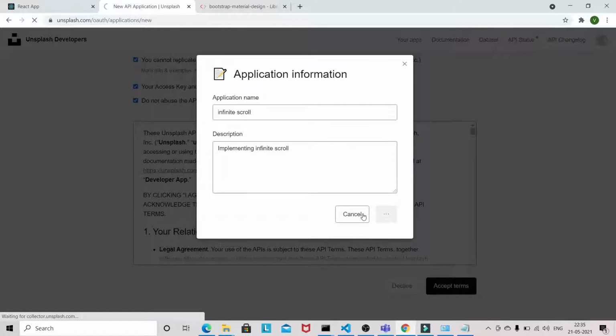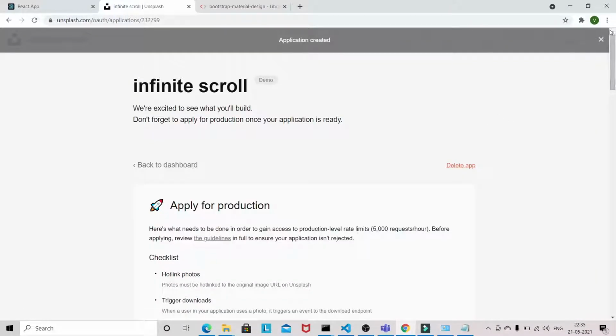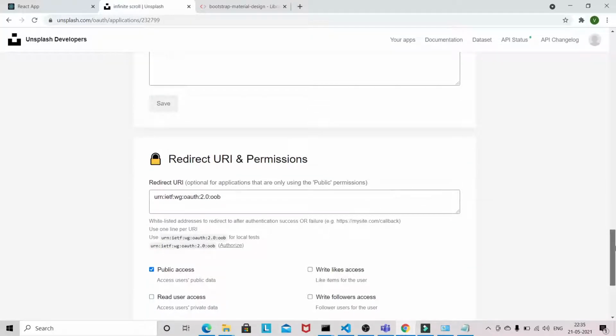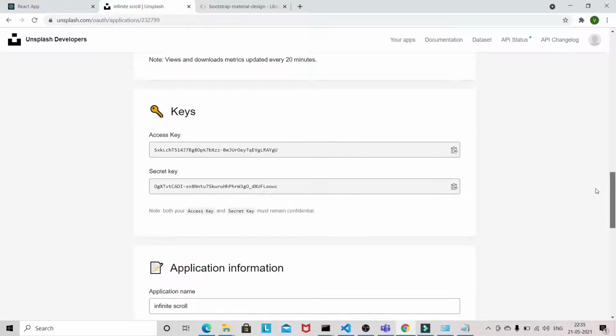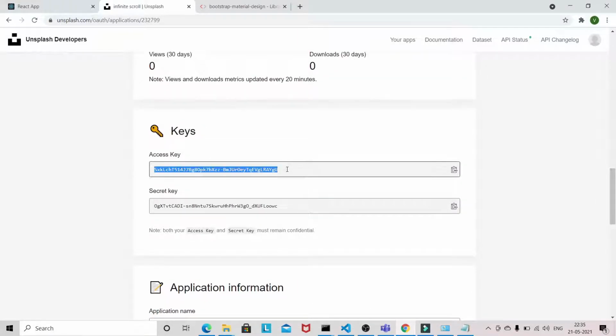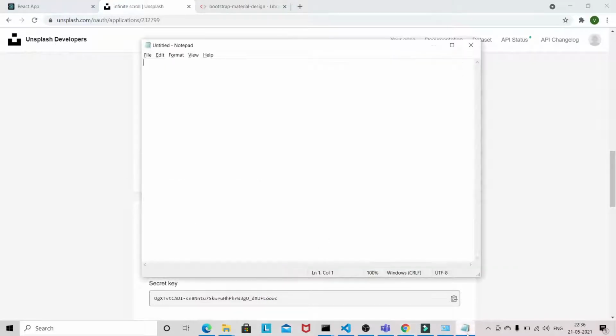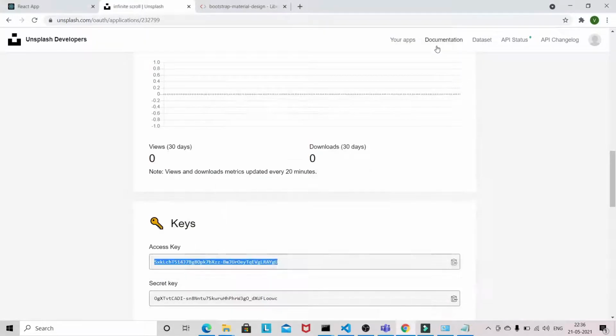Then you can see here we have an access key. We need this key, so for now just copy it into a notepad. This will be required when we are making requests to Unsplash.